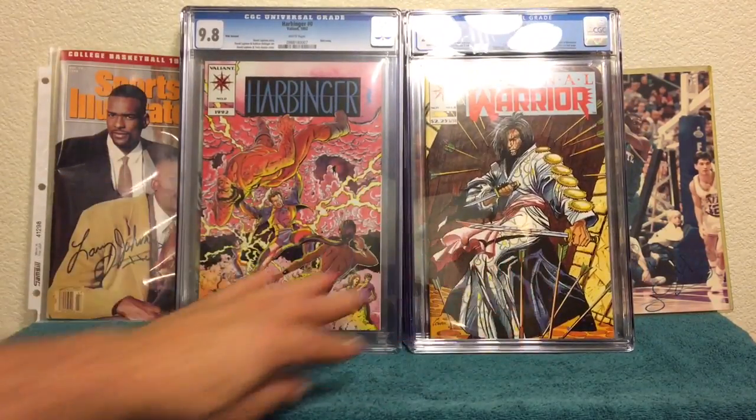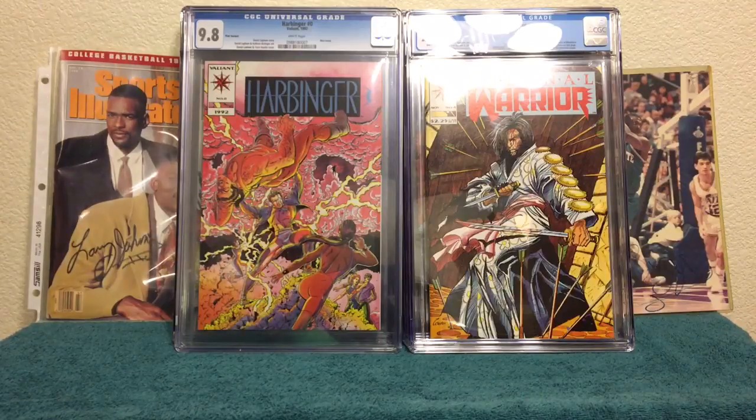Eternal Warrior number 4. That's the cameo first appearance of Bloodshot. There's a lot of people that are hunting this book down, and it's fantastic as well. But I do think that as time goes on, Rise 0 will be the Bloodshot book to own. For me, it seems like if you already have Rise 0 and you want to pick up Eternal Warrior 4,